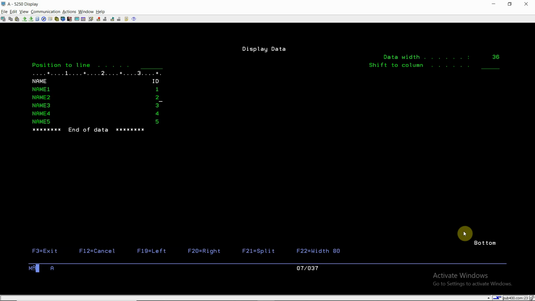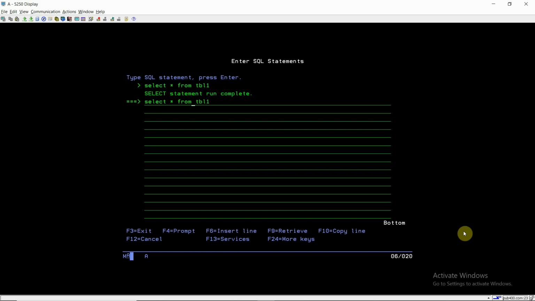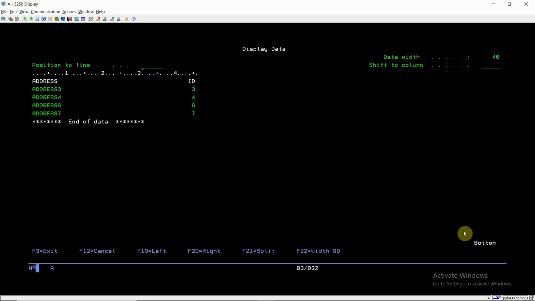In table 1 we have 5 records with IDs 1 to 5: 1 2 3 4 5, and name 1, name 2, name 3, name 4, name 5. In the same way we have taken another table, table 2, where we have columns address and ID. Now we can see that the ID column is matching in both the tables. In the first table we have ID and name, in the second table we have ID and address.